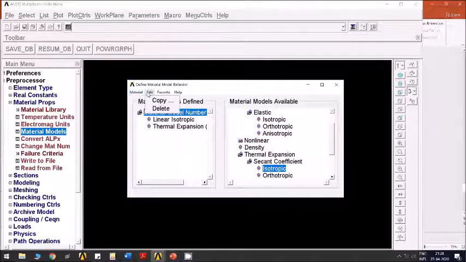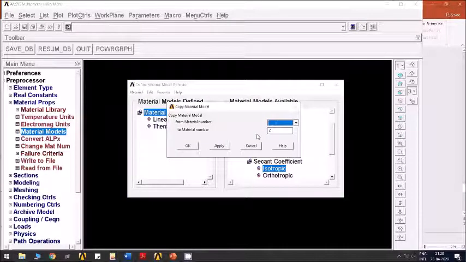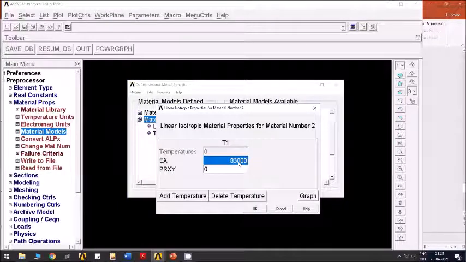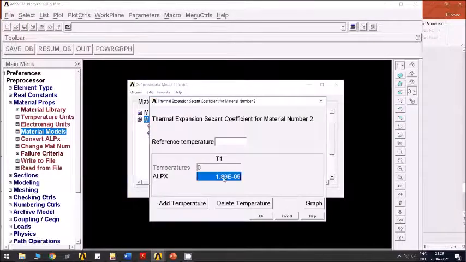I'll just add another material by copying this material. Create it as second material. Second material is created, and for this I'll edit and change this to aluminium, which is 70 gigapascal, 70 E3, and alpha for this is 23 into 10 power minus 6, which is 2.3 times 10 power minus 5.